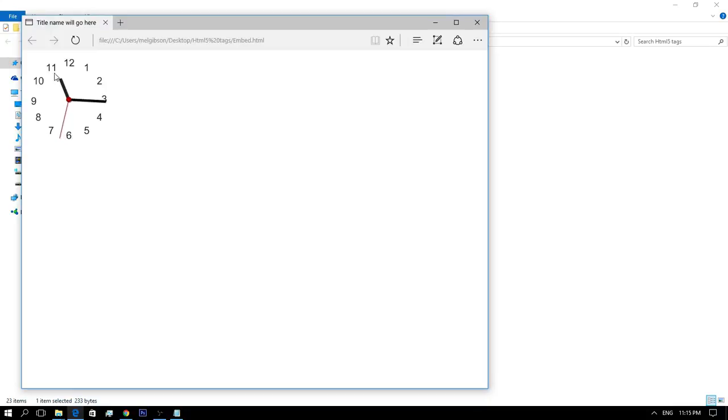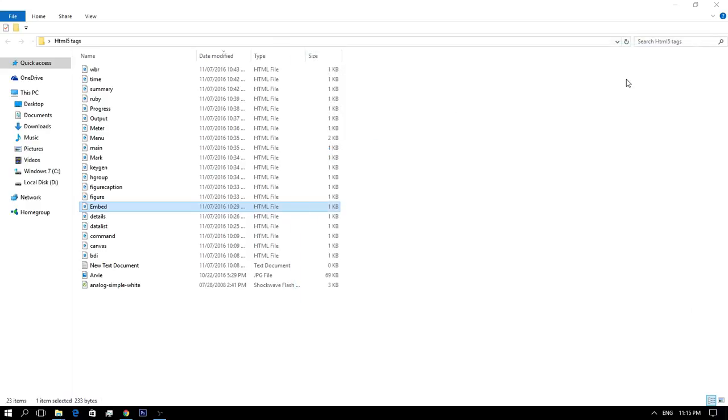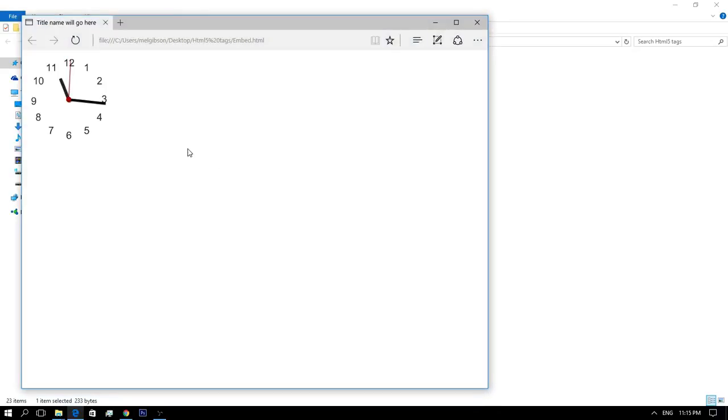So you can see we have the clock here, this file. And next we have the, oh I forgot, the embed tag is not a standard, however, a recently upheld component that is utilized to embed interactive media substance, including media sources that might normally be locally underpinned by the program.